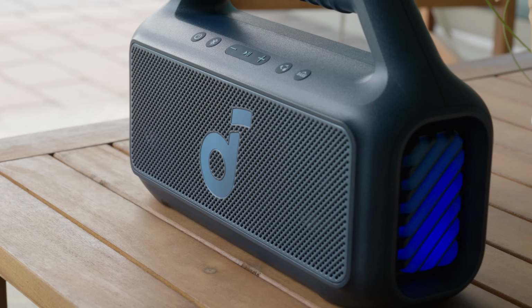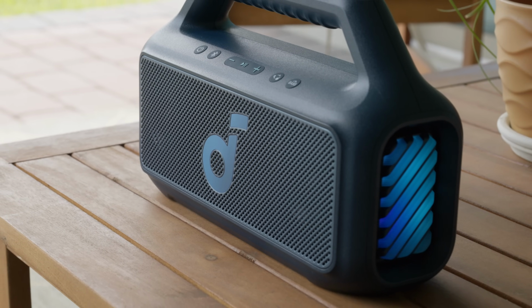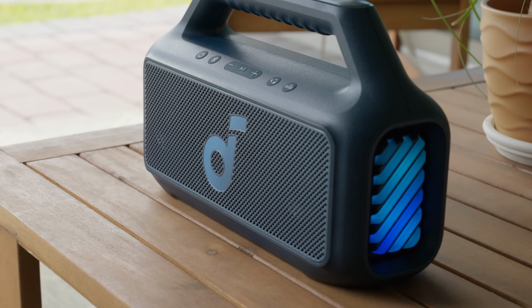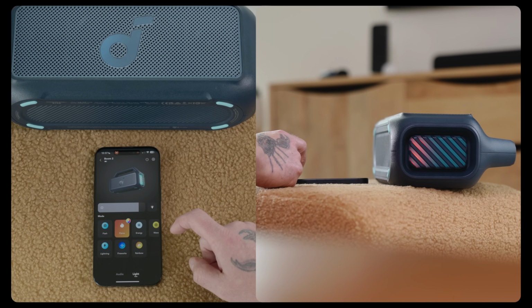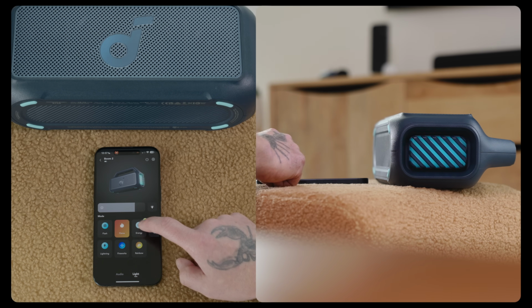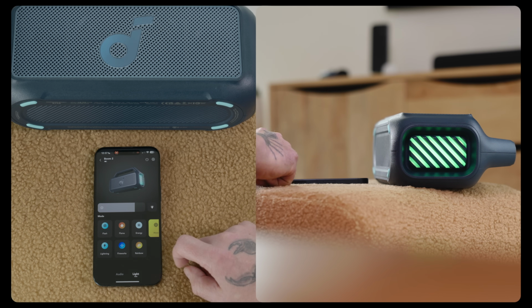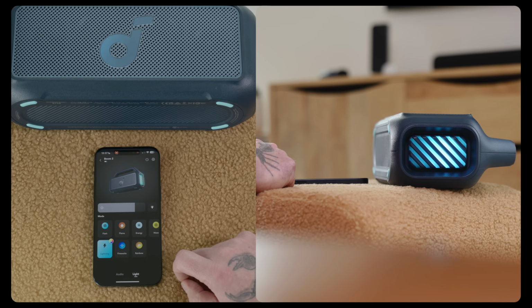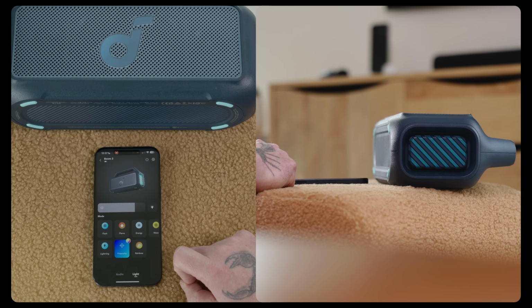Now, you might have seen throughout the video that the Boom 2 has RGB lighting along its sides here. On the side, you're going to find a passive radiator, which is meant for stabilizing bass. But inside the grill of the radiator, you're going to find RGB lights. And inside the Soundcore app, you can adjust that lighting. So not only is the RGB lighting beat reactive and beat synced, but you can choose from 7 different lighting presets, giving you a really cool party effect on the Boom 2. And I gotta say, even though RGB lighting can be a little flashy and gimmicky, it does look pretty good